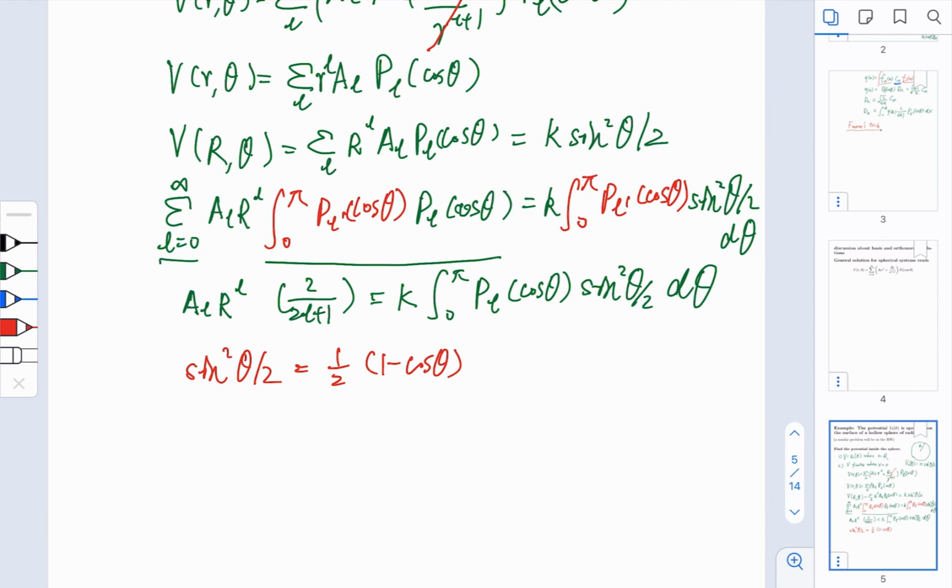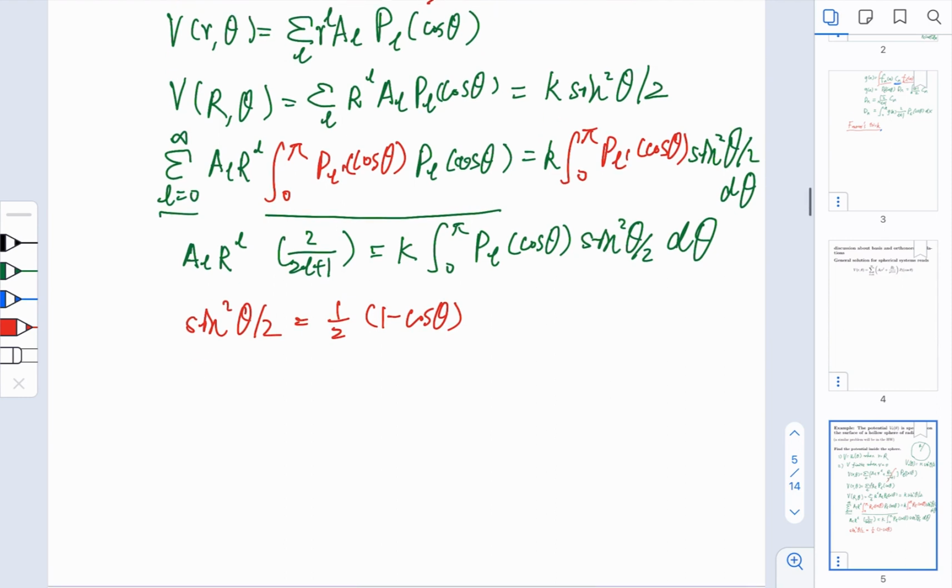So if you really want to make use of this Legendre polynomial, you have to re-express your potential in terms of this cosine theta. And now the next step is to